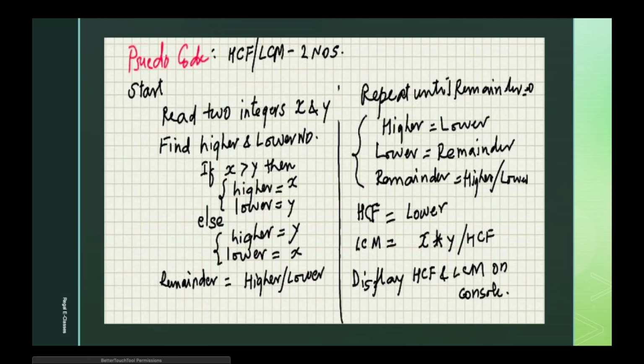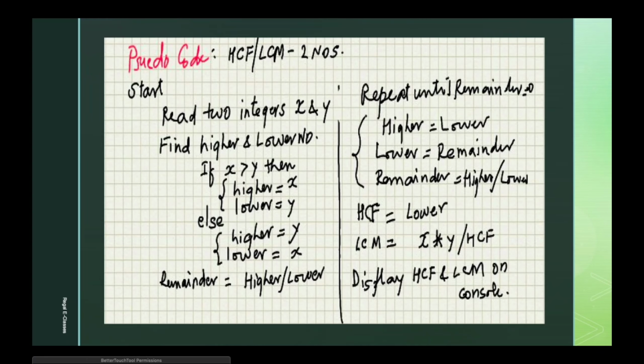So first we read two integers and find which one is higher and which is lower out of the two. If x is greater than y, then higher is x and lower is y, else higher is equal to y and lower is x. Then we calculate the remainder of these two numbers, higher divided by lower. There is a separate remainder function available in most programming languages. Repeat until the remainder becomes 0